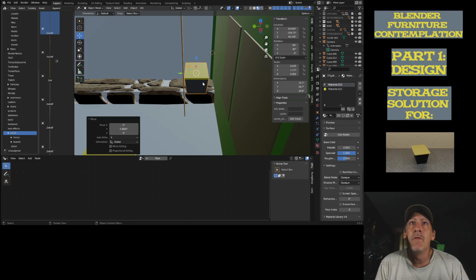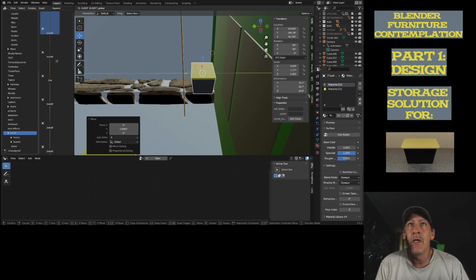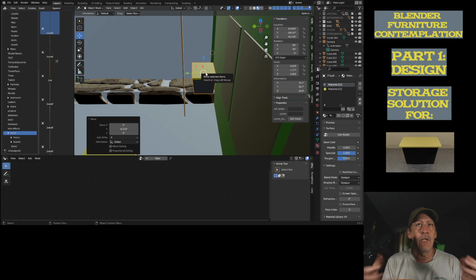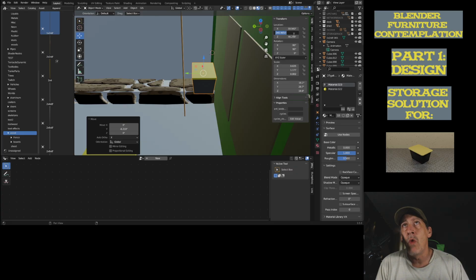So I do want to move this over a little bit. So instead of it being straight up against the wall, I do want to move this over a little bit. And let's say it is against the wall. If we want to move something over and say we want to move this over, the Y is the green, and we want to move it and give ourselves an 8-inch gap, then we can go on this Y here, and since we're in the negative, we can go